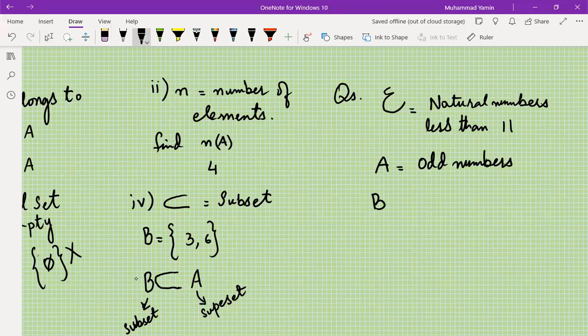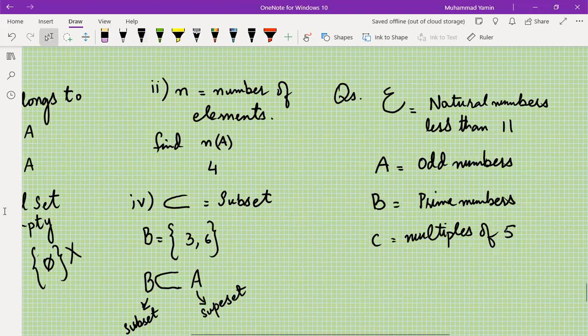B, all prime numbers. C, multiples of 5. So that means the first requirement of the question can be